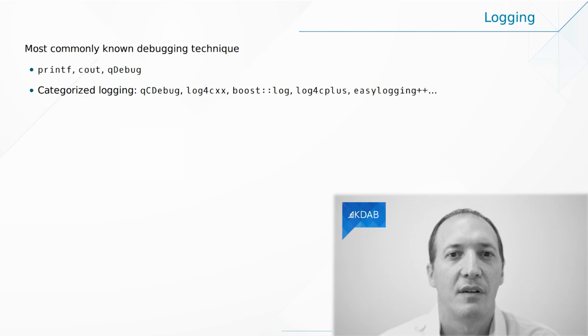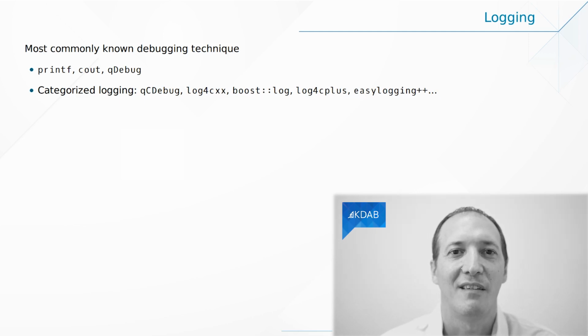For instance, it's quite interesting to be able to turn on and off whole sets of debugging statements, so that if you're debugging your parser, you would enable the parser set of messages, or if you're debugging printing, you would enable all of the messages that are about printing and so on. This is a lot more practical than having 10,000 messages per second and then having to filter this out, or having everything off by default and needing to uncomment what you need. This is a lot easier if you can just toggle a switch somewhere and get what you need.